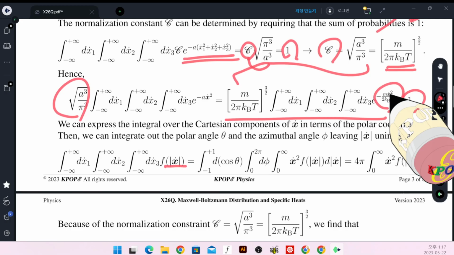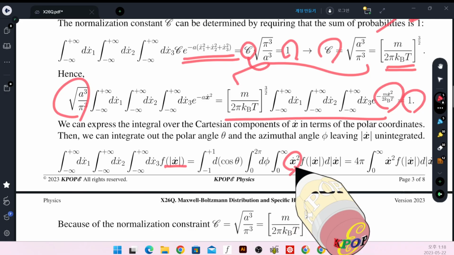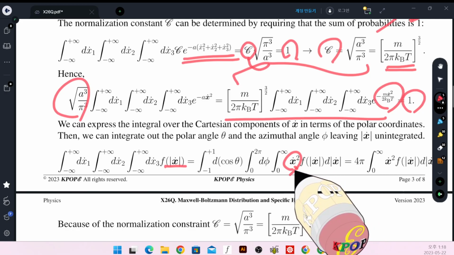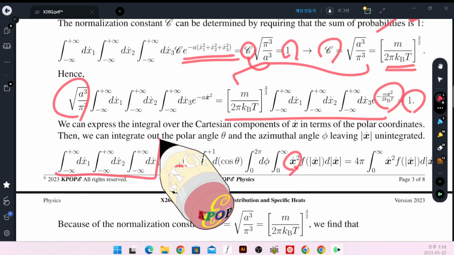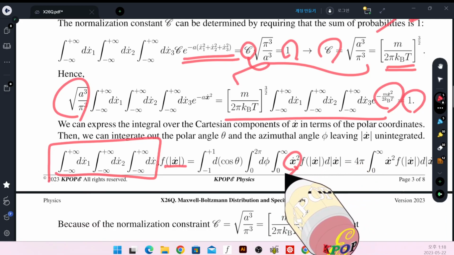If I want to compute the kinetic energy, that is 1/2 mv squared, the v squared should be averaged over. But this is not the v squared to be averaged, but just a reparametrization of the three-dimensional Euclidean space from the Cartesian components to the radial,